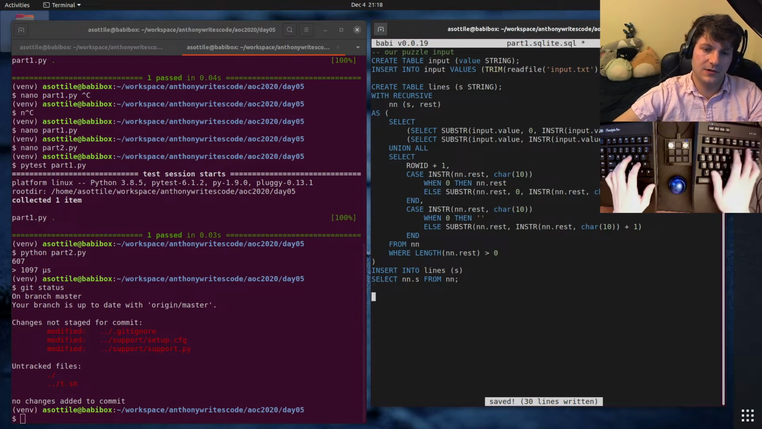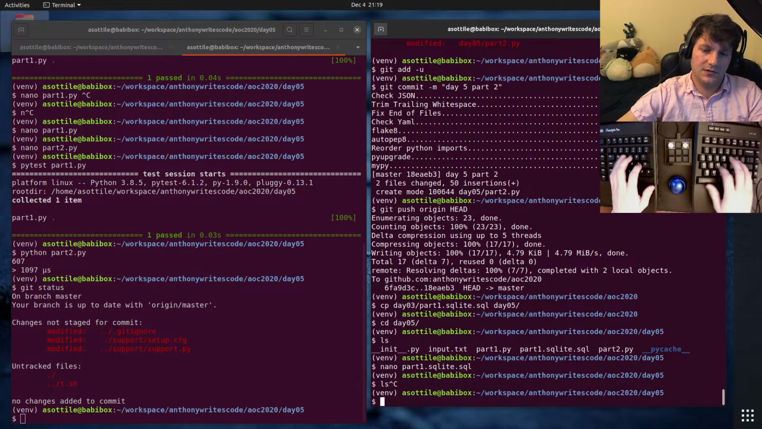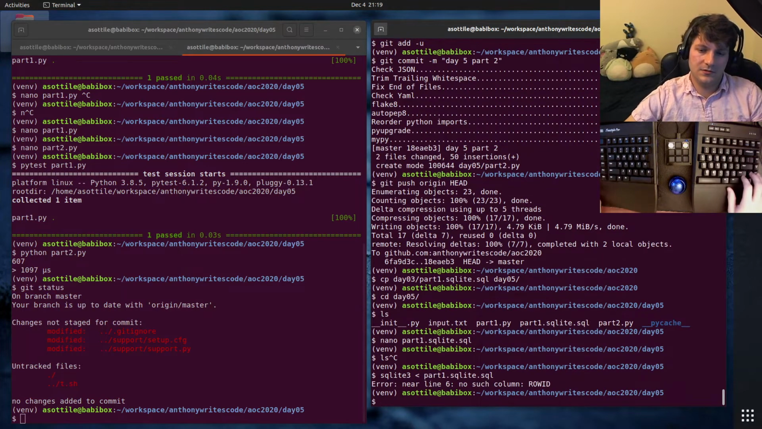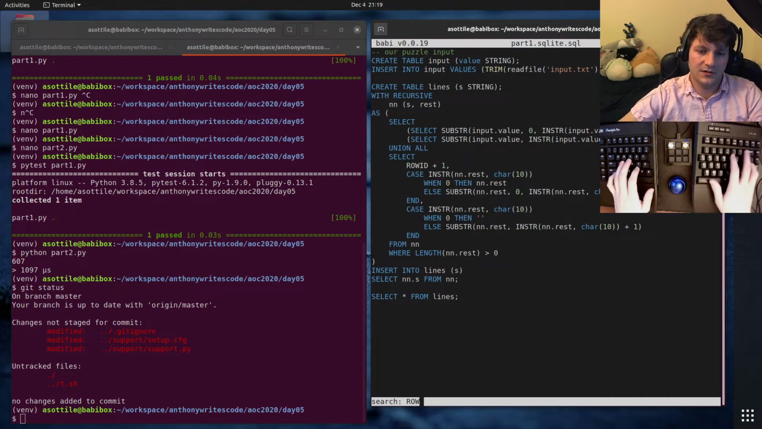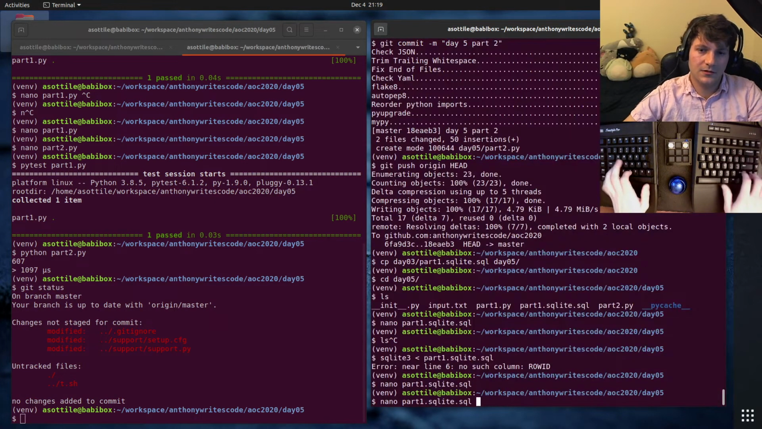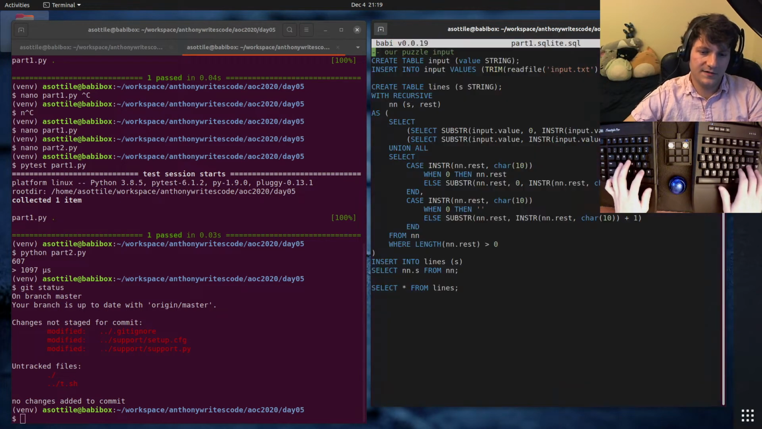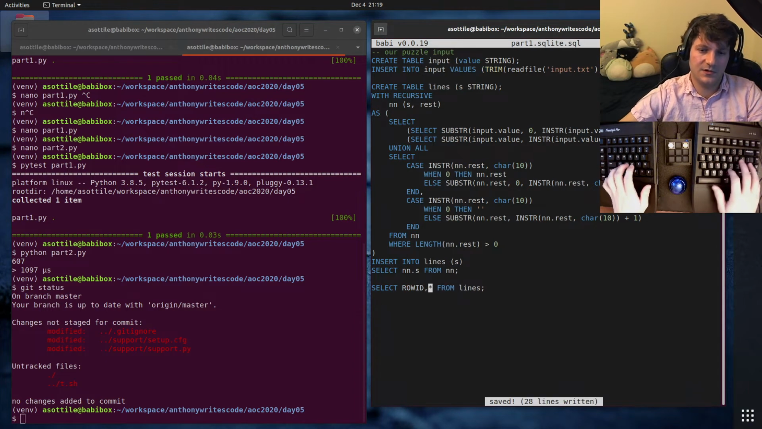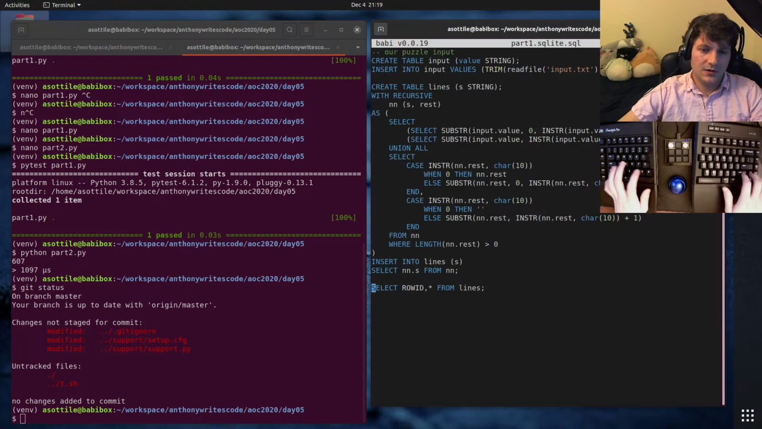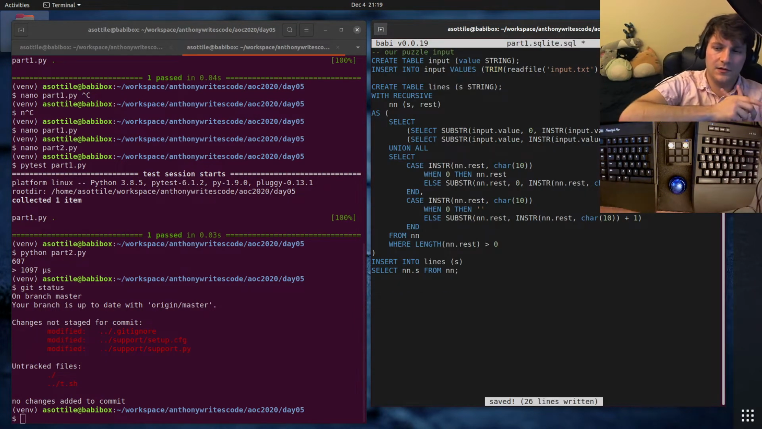So if we do select star from lines, no, no such column row ID. Okay, so we got our lines loaded. Actually, I want to make sure it actually split them, so we'll do row ID comma star. Okay, and then